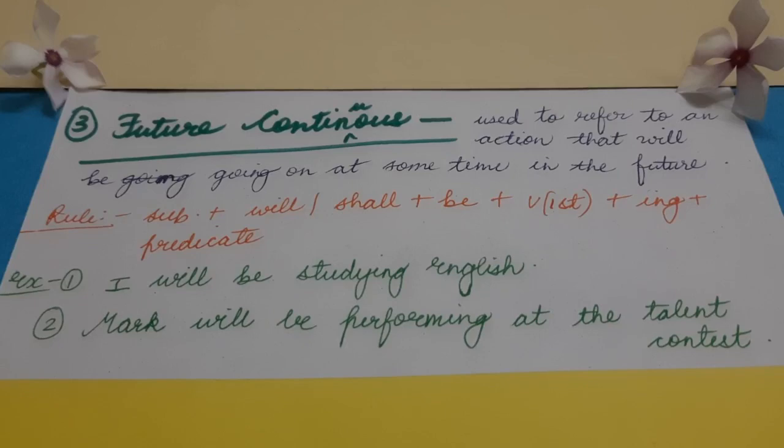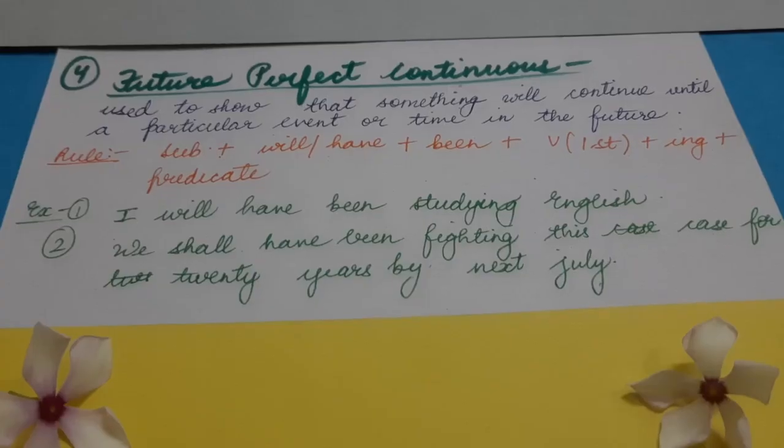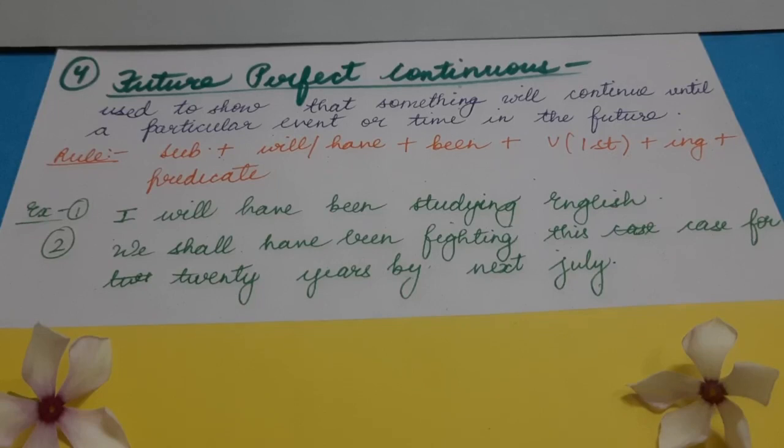So it will continue till some time. So that is performing. The last tense we have is future perfect continuous. It is used to show that something will continue until a particular time or event in the future. Rule: subject plus will or shall plus have plus been plus verb first form plus ing plus